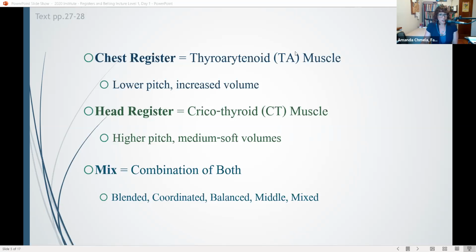We have chest register, which is a thyroarytenoid, or TA, dominant muscle. It is the muscle of the actual vocal folds themselves. We typically associate it with lower pitches and increased volume. But with practice and with strengthening, that register can go amongst a whole array of pitches. Head register is a